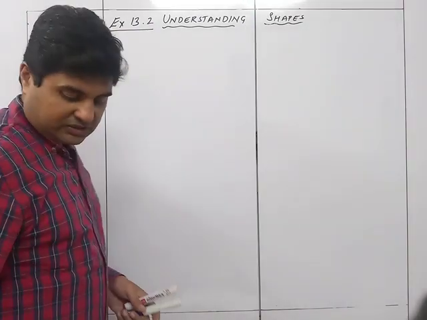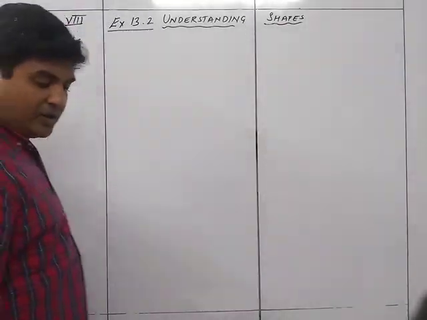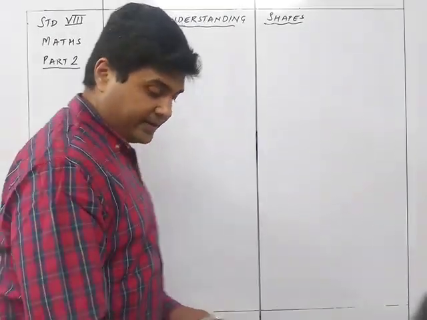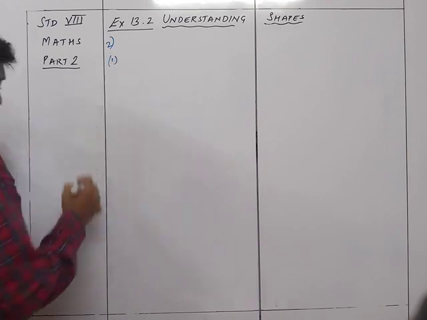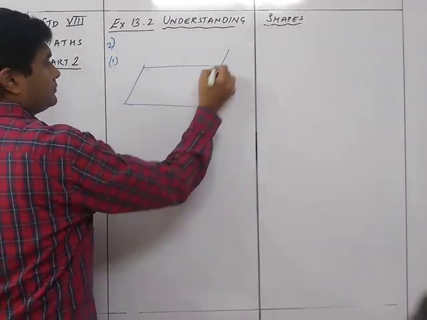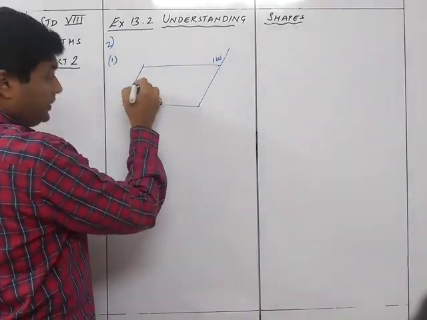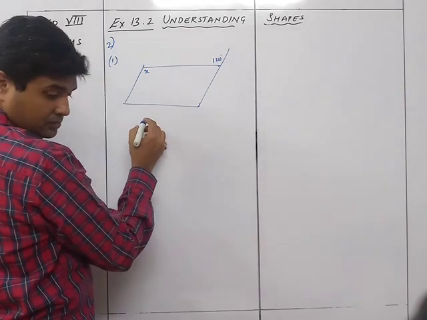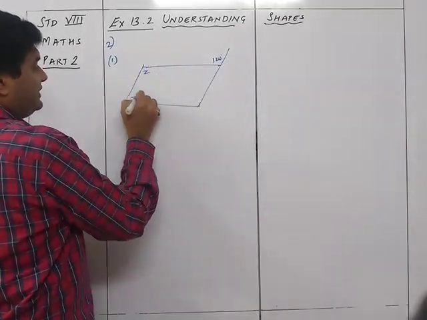Okay, next is question 2. We have got here 4 figures and we need to find out the value of x, y and z wherever it is applicable. So we see the sums one by one. You have got the first one. We got this as 120 degrees. We need to find out x. Sorry, this is z, x and y.